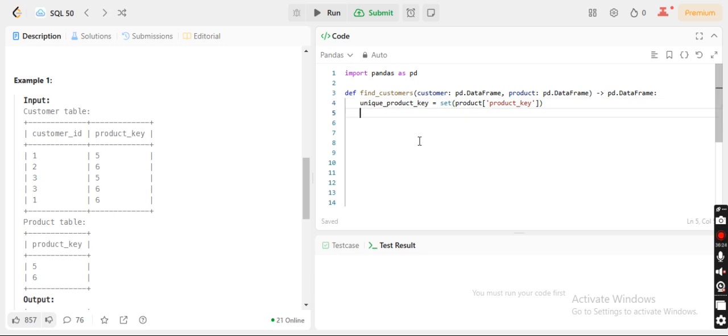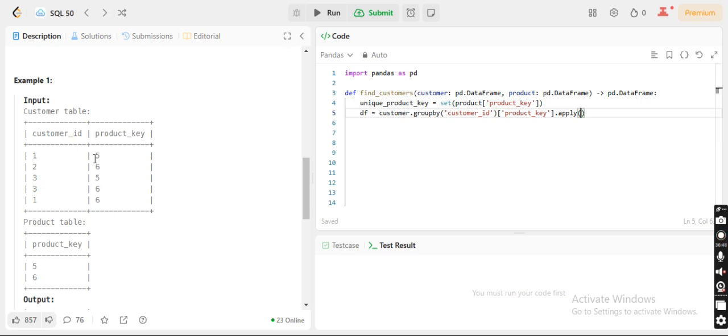Great. Now df equals to customer dot group by customer ID, product key, dot apply. So here I have nothing to do with the aggregation.